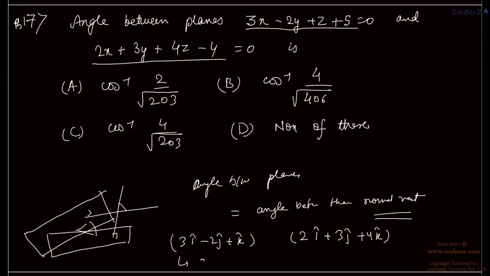Magnitude of this vector is 3 square plus 2 square plus 1 square under root, which is equal to root under 9 plus 4 plus 1, root 14, and magnitude of this vector is 2 square plus 3 square plus 4 square under root, which is equal to 4 plus 9 plus 16, root under 29, right? So we have